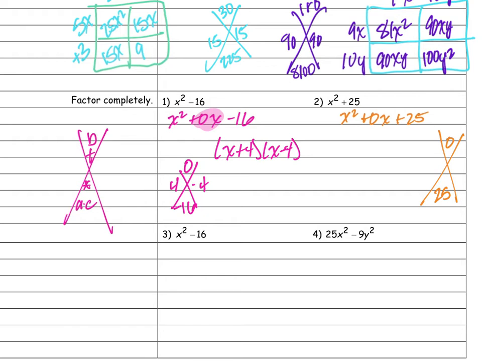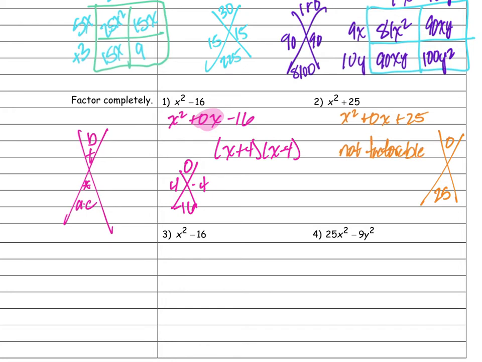Two numbers that multiply to be 25 and add to be 0. Are there any answers like that because it's a positive 25? Awesome. That is exactly correct. There are none because in order to multiply to be 25, I either have to be positive 5 and positive 5, which don't add to be 0, or negative 5 and negative 5, which also do not add to be 0. So this answer is really called just not